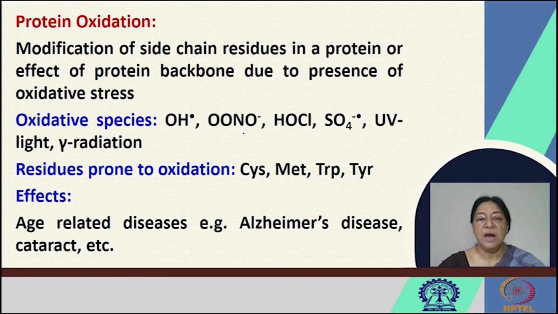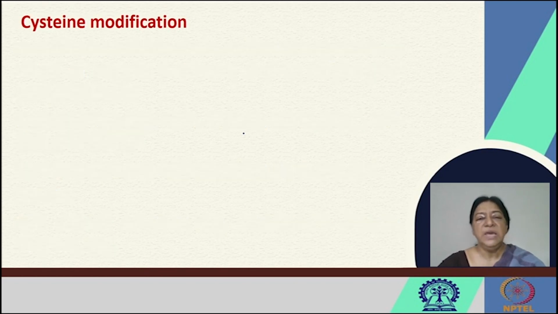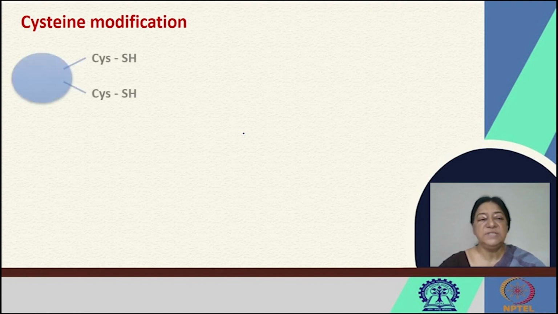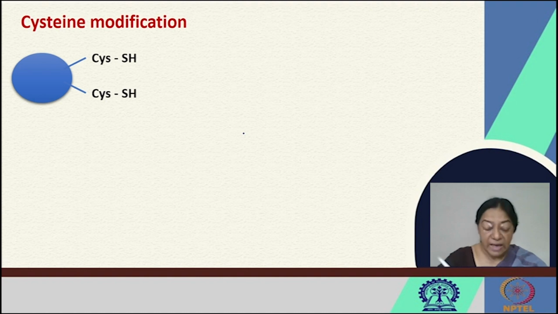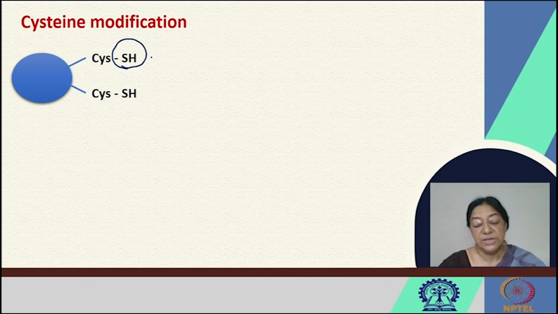The effects are age-related diseases, as was mentioned. If we look at cysteine modification, we want to see what modifications are possible in these residues. For cysteines, we know that we have the sulfur-containing side chain. This can form disulfide bonds. Now we realize the formation of the disulfide bond or the reduction to the cysteine is a redox type of